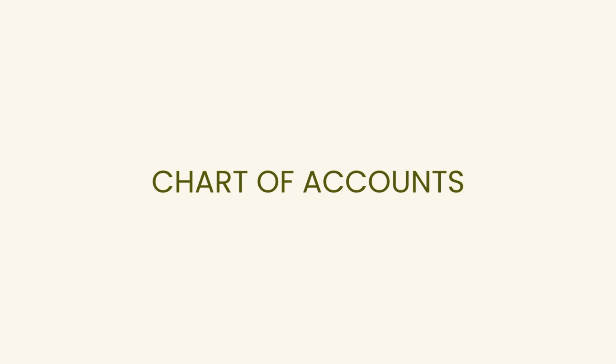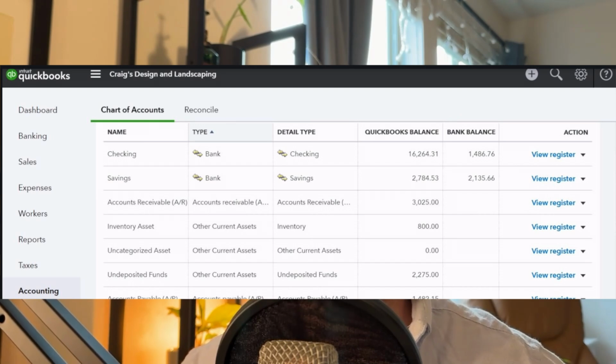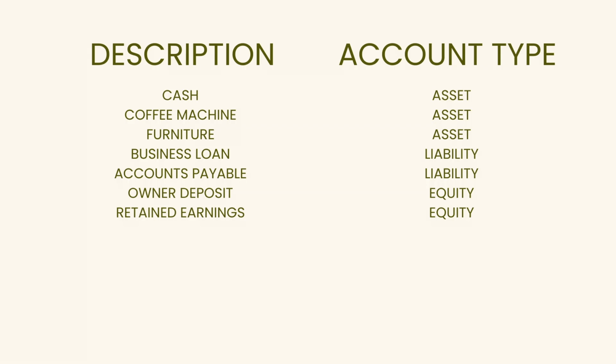Your chart of accounts is the foundation of your bookkeeping system. It's a structured list of all the categories that you'll use to track your business's finances. So for Morning Brew Cafe, the chart of accounts might look like this. It could have asset accounts of cash, coffee machines, and furniture. It could have liability accounts such as business loans and vendor payments that are due, as well as equity accounts, which could be owner's investments, the money that the owner put into the business, as well as the retained earnings from the profit made by the business,